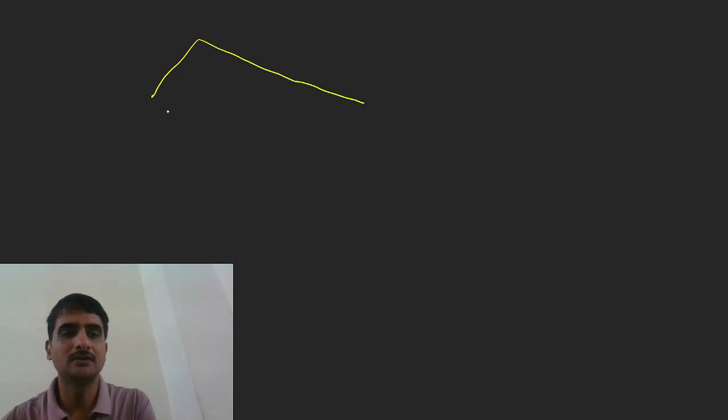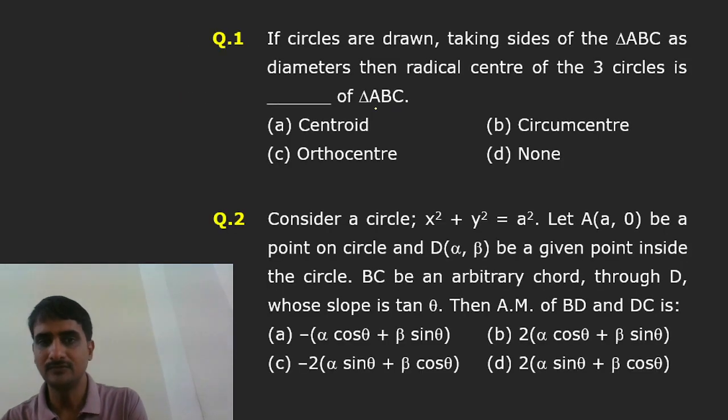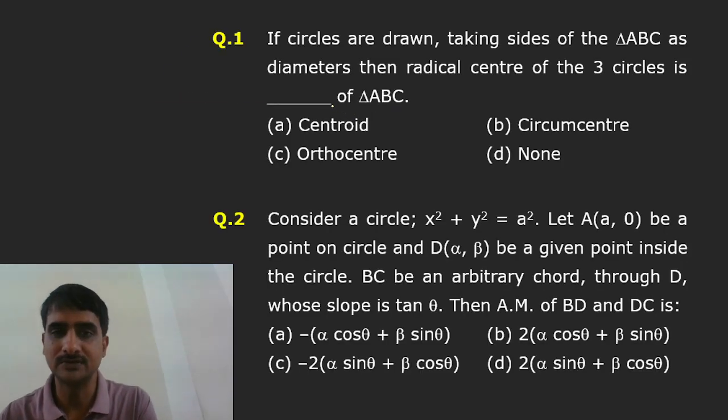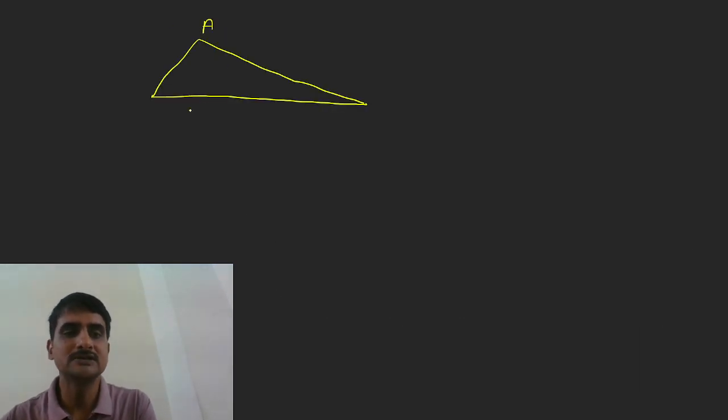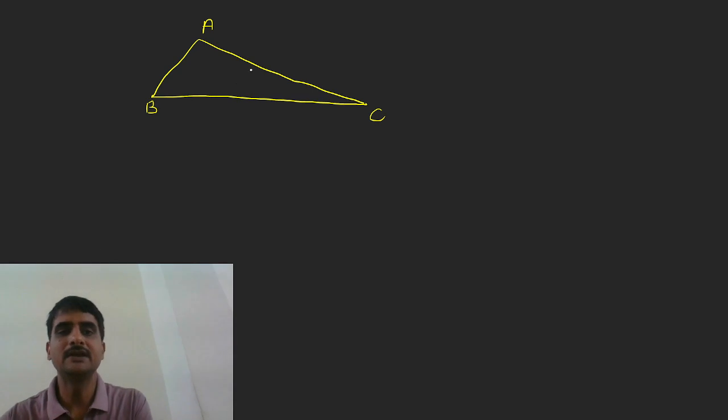क्वेश्चन ये है, again I just found this question 2-3 days back. I found it to be a really good question in terms of explanation. Okay, so ABC has sides as diameters. So let us draw two circles considering two sides as the diameter. Let's say we draw a circle taking AC as the diameter, okay,